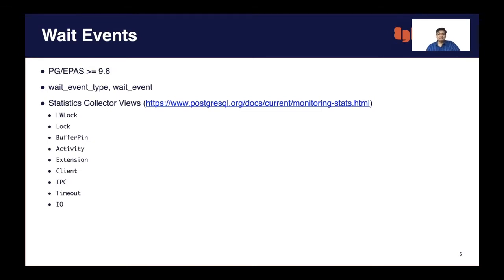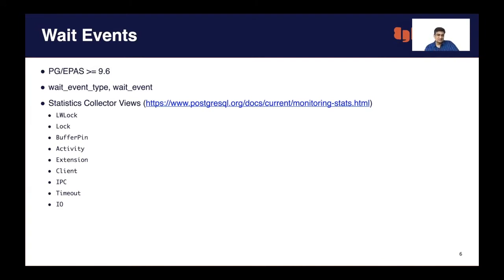Then Activity, where a system process is idle because it is waiting for activity to happen in the main process or something like that. Just take an example: WAL sender is waiting for the client, the slave machine, to read the files, right? Those are the smaller things that come into picture, and those are the things that come into Activity.